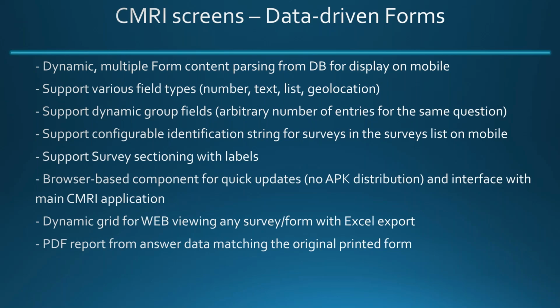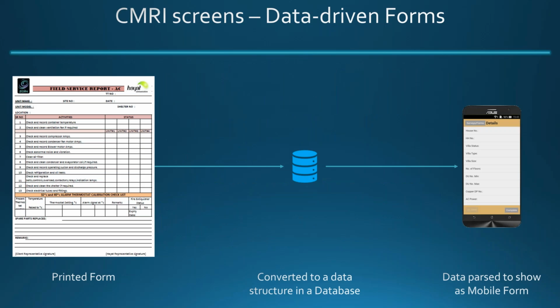It could have various data types, dynamic arbitrary fields, identification strings, make the form look a little bit more manageable with sections and labels, a browser component for a quick update, and have the equivalent components on the website. So a grid and then PDF reports. This works